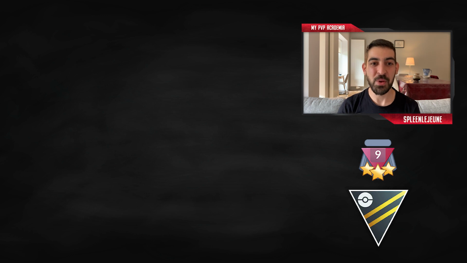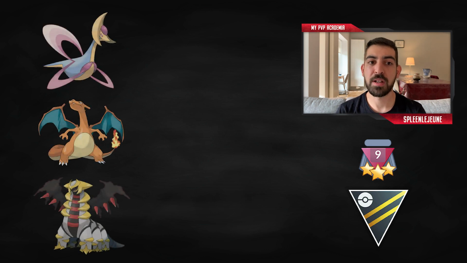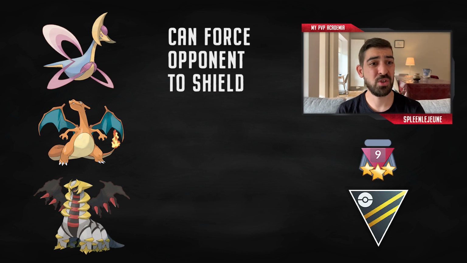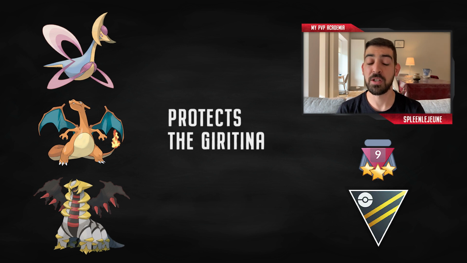And let's jump to the third team. So the third team I'm going to present you is the Cresselia, Charizard and Giratina. So you use Cresselia in the lead for its bulk, for its overall positive matchups, and the advantage of Cresselia is that even if you are in an unfavorable matchup, you can still force shields because it's such a bulky monster. Charizard is here to protect your Giratina that you are going to use as a safe switch,